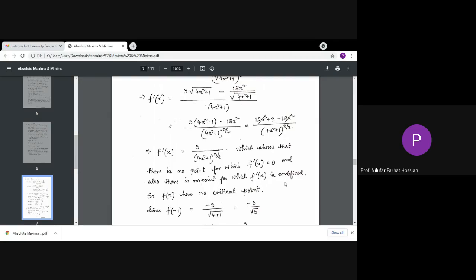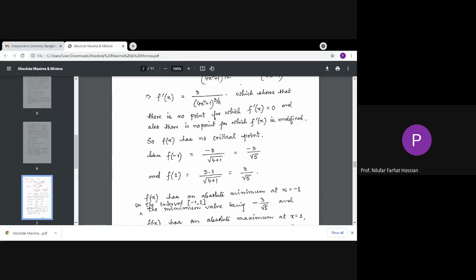So you have to find the values of the function at the two endpoints. Can an absolute maximum or minimum exist if there is no critical point? It can, yes. Because you see,